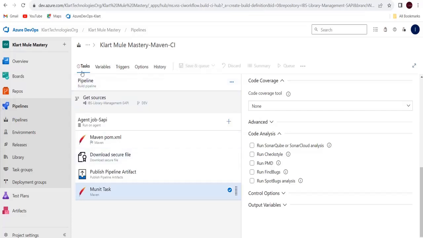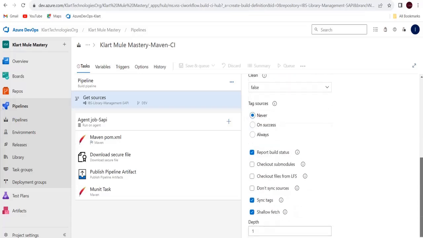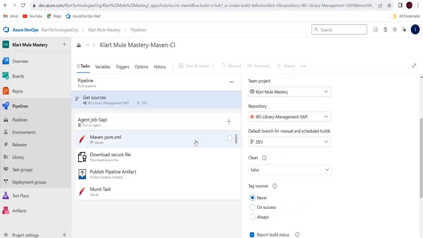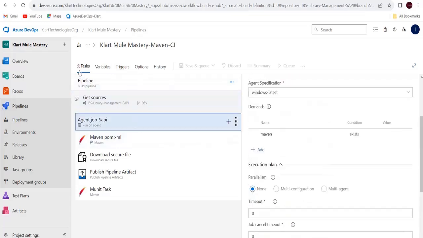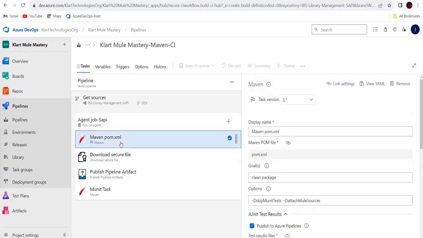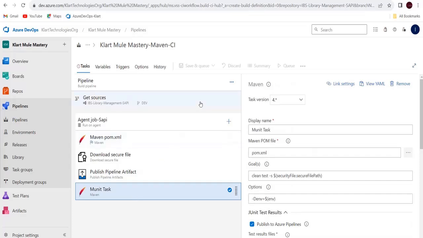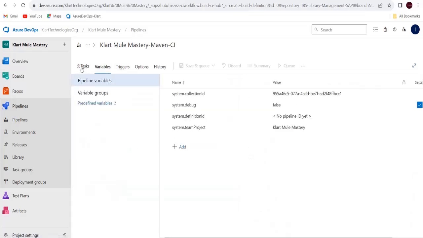It is showing some kind of warning. Selected utilities demo. It is showing some warning here, so that is why I'm checking if I missed anything. So I think we are done with this build pipeline configuration, but still